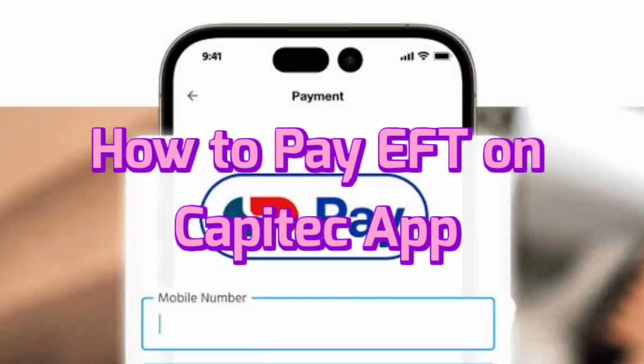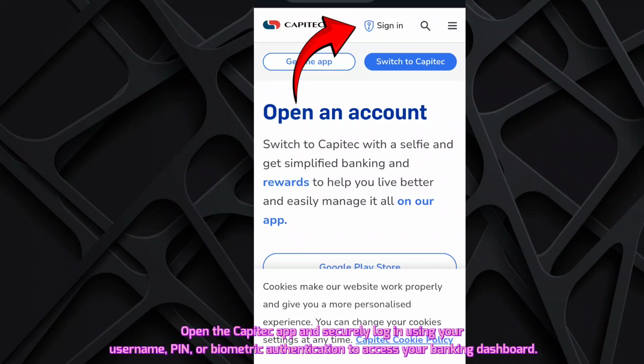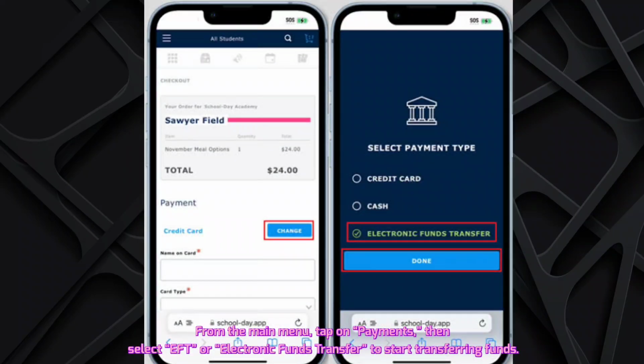How to pay EFT on Capitec app. Follow these instructions. Open the Capitec app and securely log in using your username, PIN, or biometric authentication to access your banking dashboard. From the main menu, tap on Payments, then select EFT or Electronic Funds Transfer to start transferring